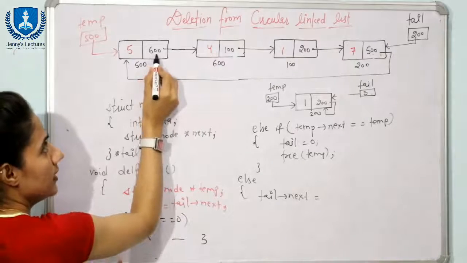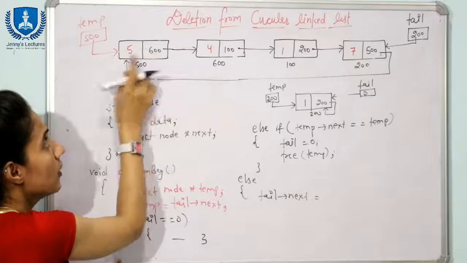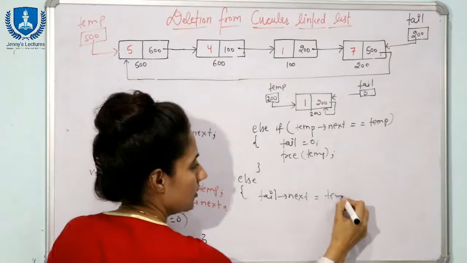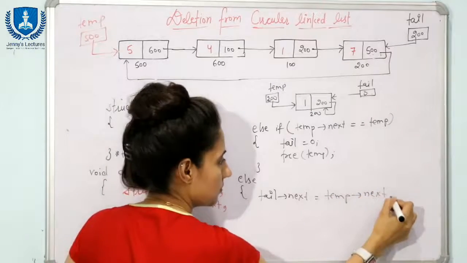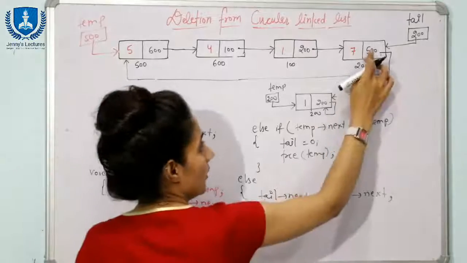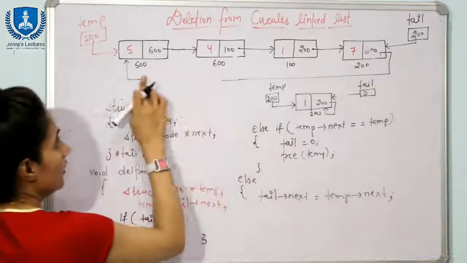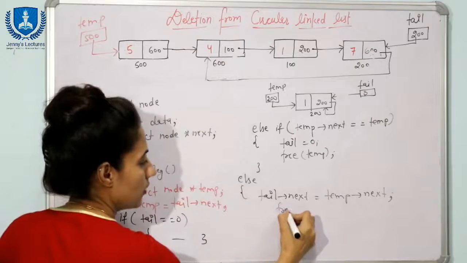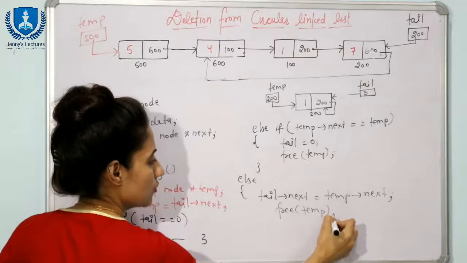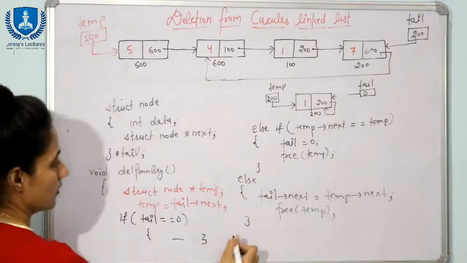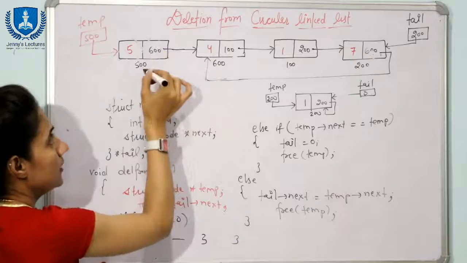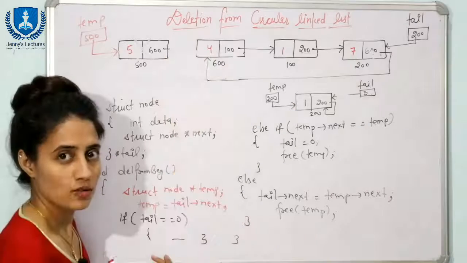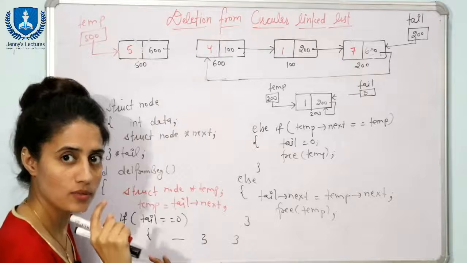See, this pointer is containing 600, right? And how can you access this part? Temp is pointing to this node, so it is temp of next. So here I can write temp of next, right? Now here we have 600. So now this is pointing to this node. And now you can free this memory. So here you can write free temp, right? Now we have deleted this node as well as freed the memory. So now this is the list. Fine. So this is how you can delete data from the beginning of the list.